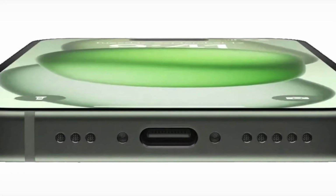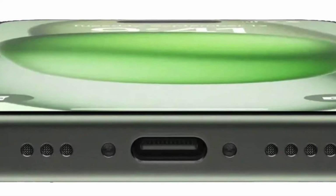Number two, USB-C being on these phones is finally nice. Now don't get me wrong, it is the same speed as Lightning, but on a phone like an iPhone 15, which isn't meant for Pros, a lot of people aren't going to be transferring loads of data over a USB-C port anyway. It's just nice to have the convenience of a USB-C port. Let's say if you have an iPad, a Mac, and an iPhone, they can all use the same port. It is a really nice thing to have. I really appreciate having USB-C on my devices, and I'm gutted that I don't have it on my 14 Pro,